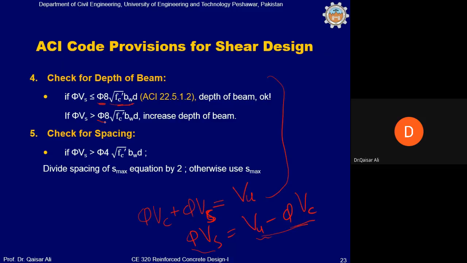अगर 5ES इतना ज्यादा हो गया कि वो 58 FC प्राइम BWD से भी बढ़ गया, तो फिर आप बीम की कैपेसिटी को सिर्फ 5ES से इंक्रीज न करें, बल्कि डेप्थ बढ़ाएं ताकि थोड़ा 5EC भी आपका बढ़ जाए, क्योंकि सिर्फ 5ES इस सूरत में काम नहीं करेगा। इसका मतलब ये कि डेप्थ आपने बहुत कम ली हुई है, तो इतनी कम डेप्थ अलाउड नहीं है as per ACI कोड।